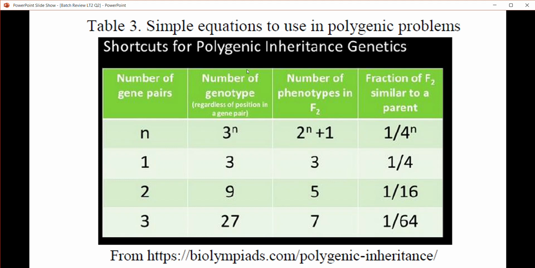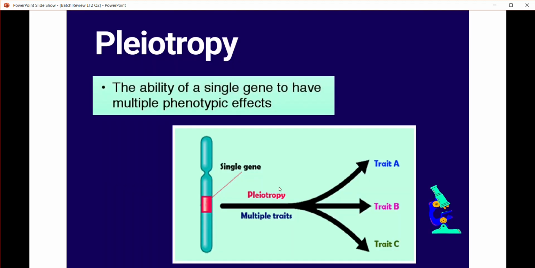You can also compute for the number of genotypes by making use of the equation 3 raised to the n, where the n would be the number of gene pairs. So 3 raised to the 1 is 3. So there's only 3 genotypes. 3 raised to the 2 gene pairs, you will have 3 times 3, which is 9. 9 genotypes are possible. If you have 3 raised to the 3, you have 3 times 3 times 3, then you have 27 possible genotypes. Okay, so let me just go straight to the example, but just to mention this,